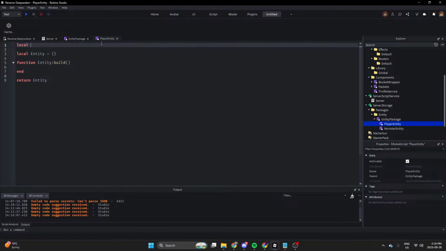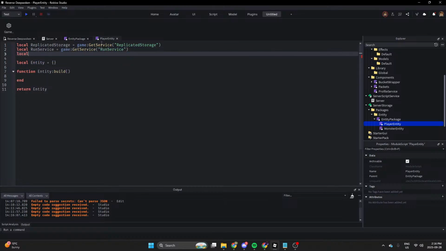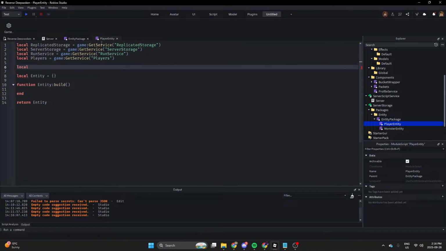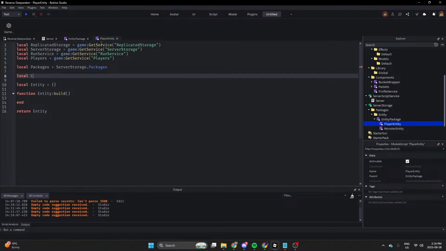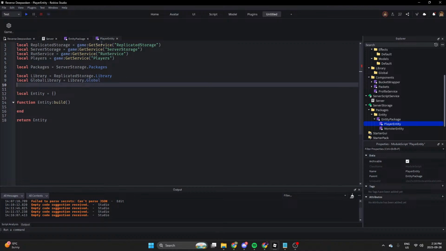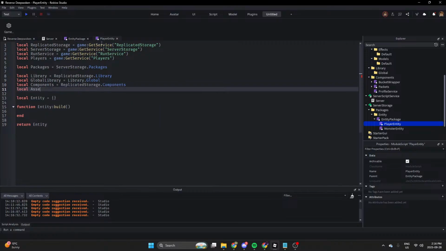Before this, let's do local replicated storage, local run service, local players, local server storage, and inside of here local packages equals server storage packages, local library equals replicated storage.library, local global library equals library.global, local components equals replicated storage.components, and local assets replicated storage.assets. All right,